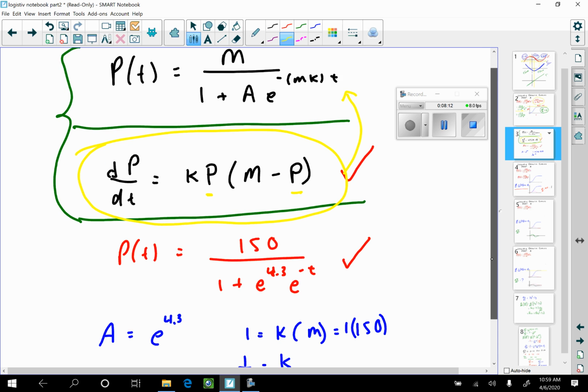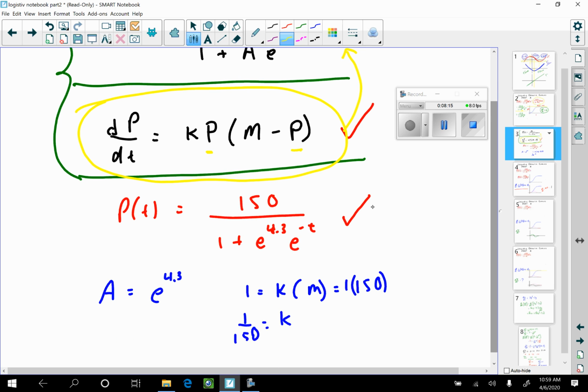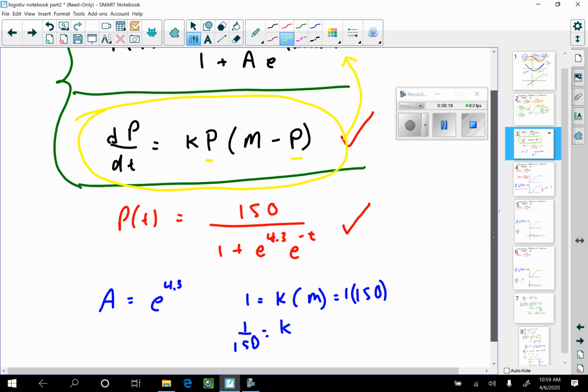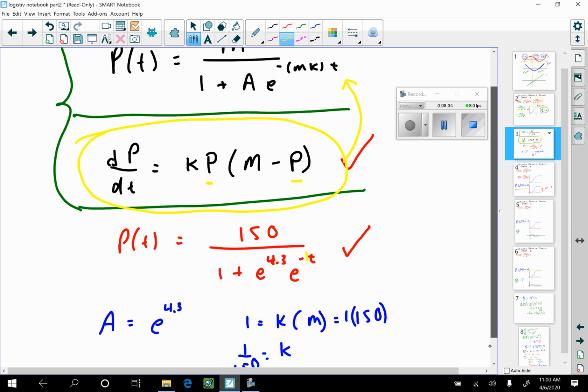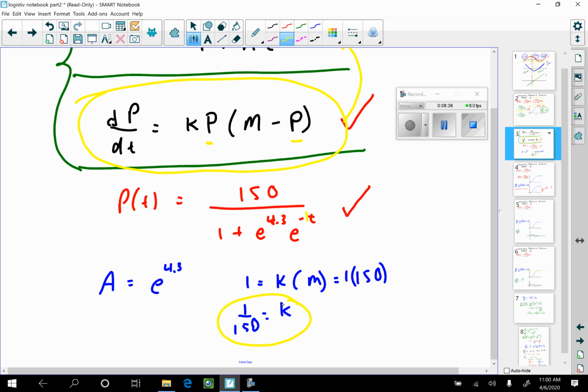All right, so here we go. Here's the model that we have. And like I said, if I look here, this is negative m times k. Well, this is negative 1, so that tells me this 1 right here is equal to km. We know what m is. M is 150, so k is simply 1 over 150. That's what k is. So I'm going to take this k, put it in here, and I know what my m is, and that's going to give me, on the next slide, dP/dt